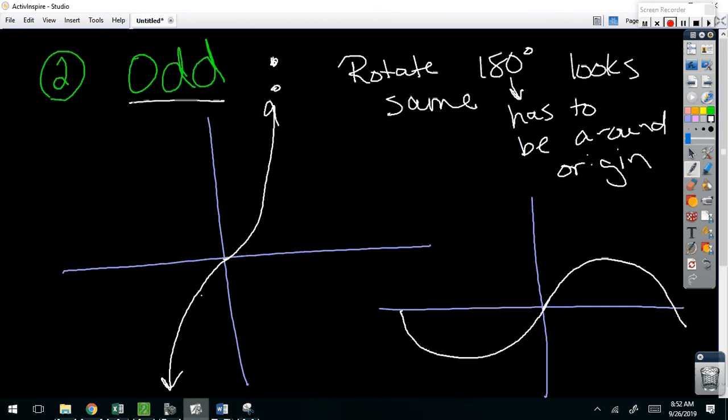So that is graphically. Look at the other one I drew here. Even, odd, or neither? Odd. If you rotate that one around the origin,